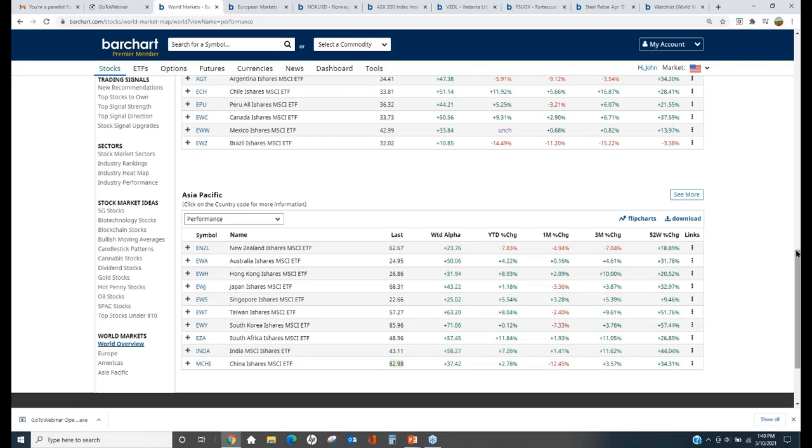No, it looks like South Korea has a greater alpha on a yearly basis. In recent months, China has actually decreased a little bit. Looks like some of the other Asia Pacific rims, Hong Kong, Singapore, Korea, in the last month or 3 months is starting to trend well. So I would look at those opportunities.